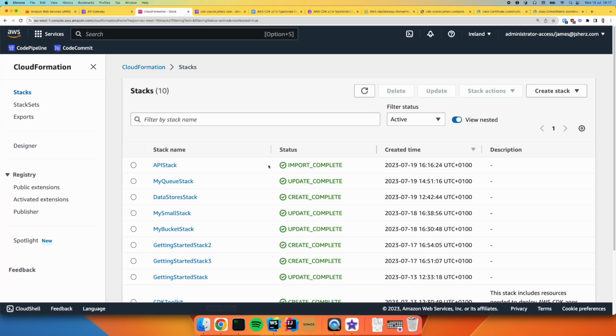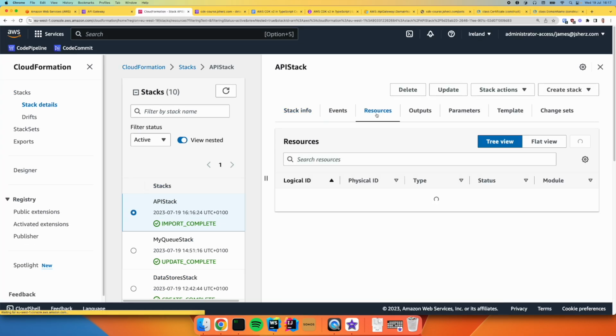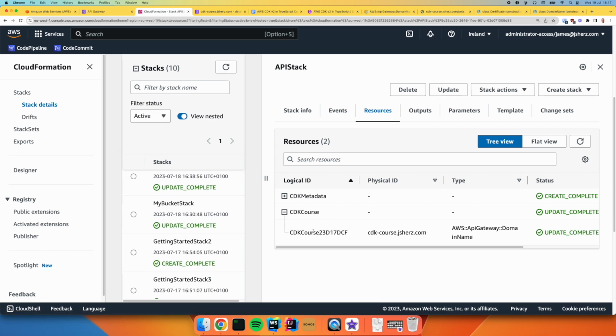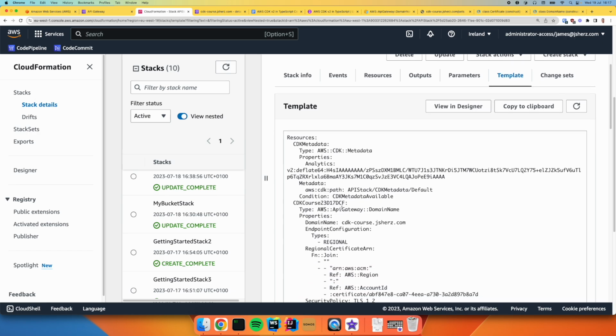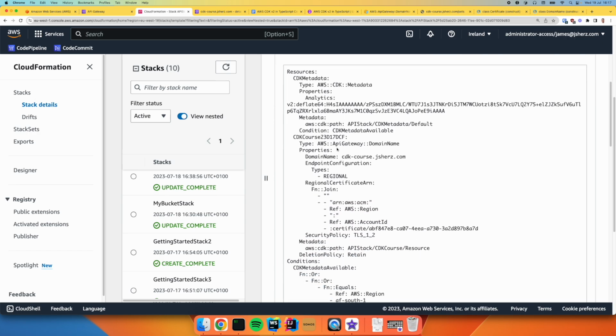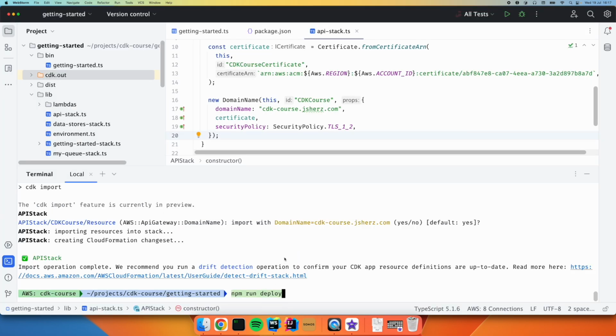So let's pop over to the stacks view here. Let's go to our API stack. We can click on resources, and you can see that we have a CDK course. Let's go and have a look at the template, and you can see that we've got our CDK source here. Now, one thing that's really worth noting is that a deletion policy of retain has been added to the template here. So if I synth this locally,